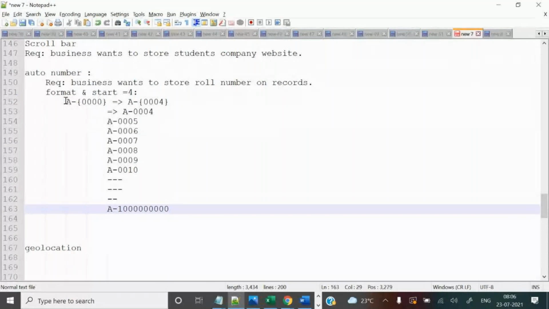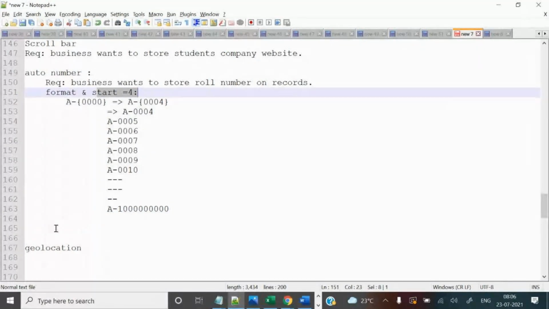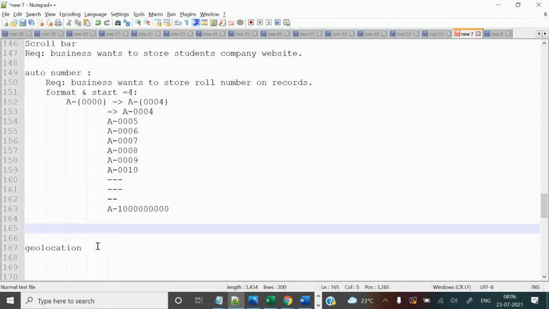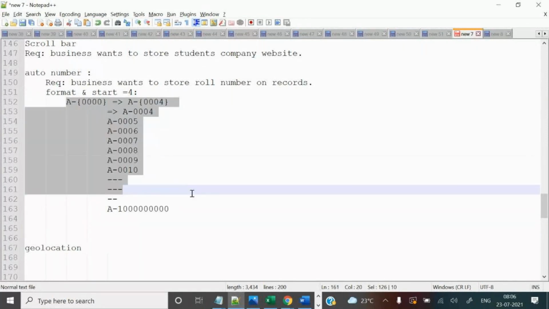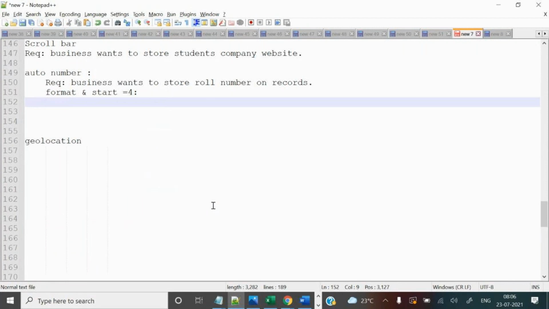Okay, this is the format, this is the starting. Next, suppose I want to give a different format. How can I give a different format? Let's see. So VLR, right? I want to give some text outside, or a dash if you want, it is your wish, guys. So as a formula I want to give VLR student, VLR dash, and digits I want to give.